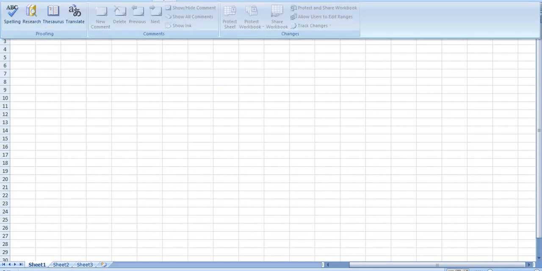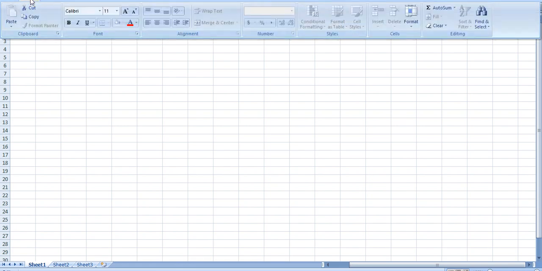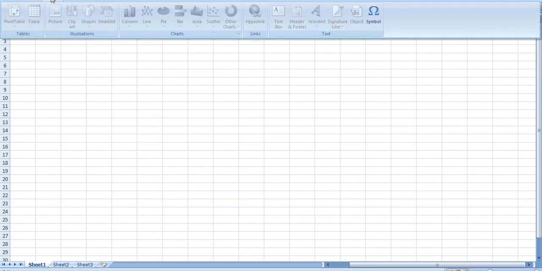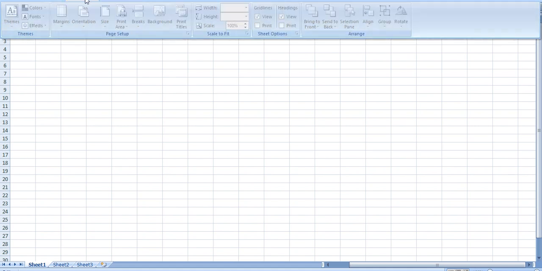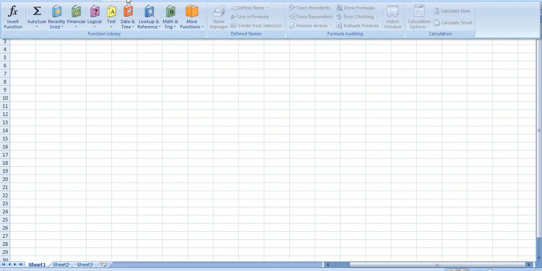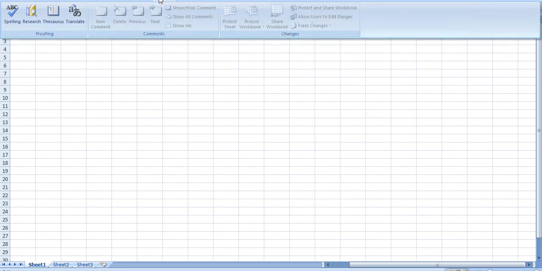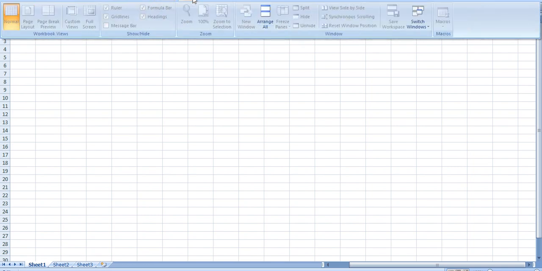So you can also use all these options, like in Home we have different options available. In Insert many options are also available. Different kinds of options are available here, so you can check. Okay, Data, Review, all these options are available here.